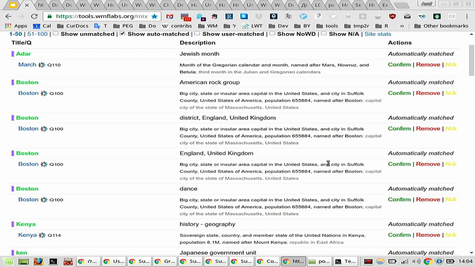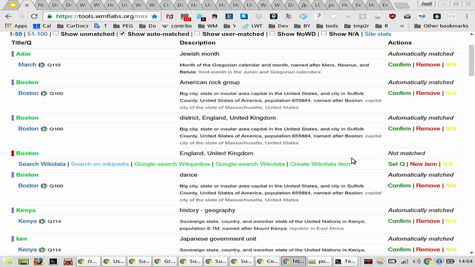And that is incorrect, right? That's kind of a naive computer going, well, this is Boston, and this other thing is also Boston, and it is asking me to confirm this match or not. You see? So this is the Boston, England from Britannica, and the tool is asking me, is this the same as Boston Q100 in America? The answer is no. I remove this match. And now this Boston, England is unmatched,